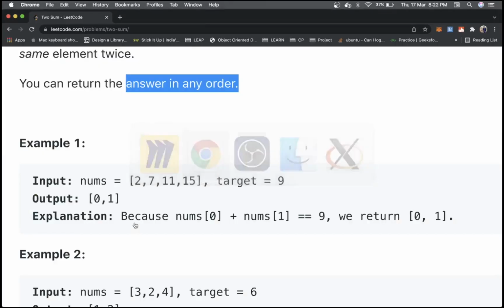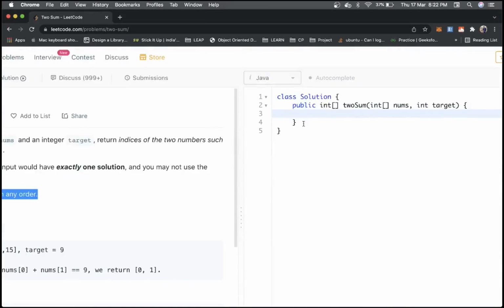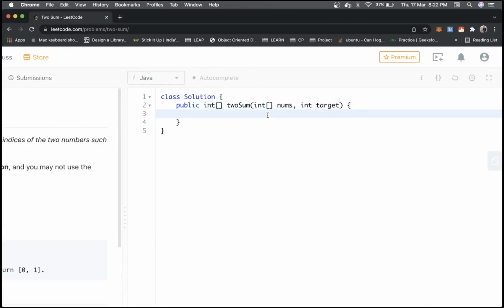So let's jump into the solution part. I am using Java. Let's take two arguments, a nums array and a target, right? And we have to return an array. So let's get the length of the array, that is nums dot length.